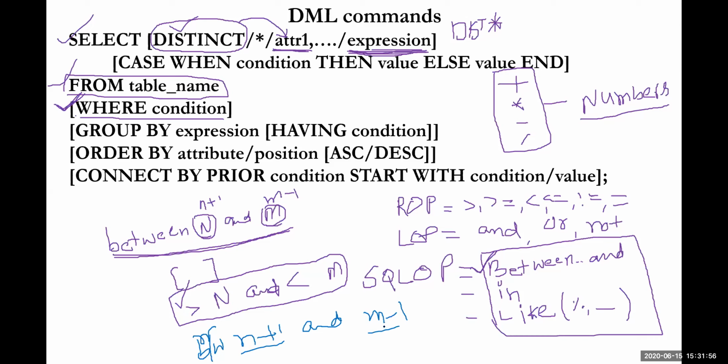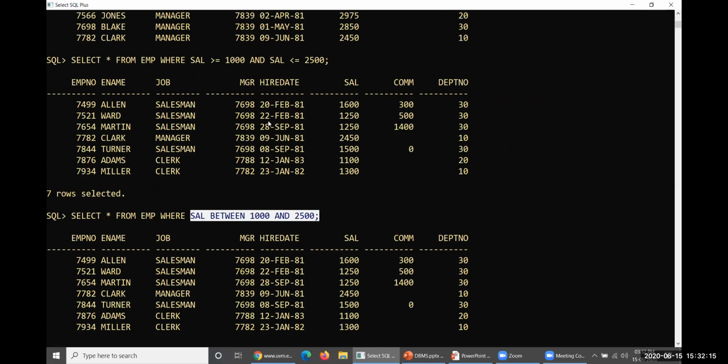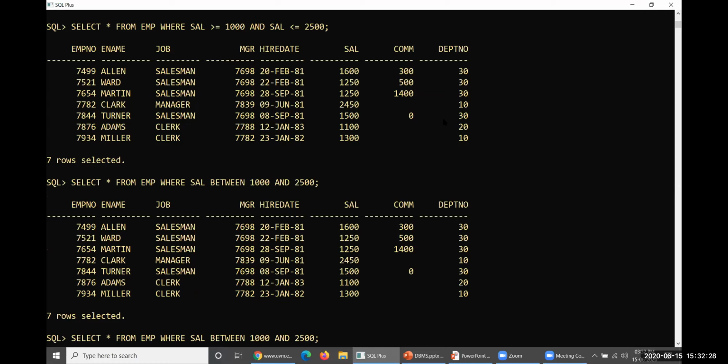So if you want to operate something like this, between and is not supposed to be used here. Thereby you are expected to use the comparison operators like this only. This equal sign could not be there, in the sense that between and could not be taken into consideration. So if equal signs will not be there, you may operate like this.